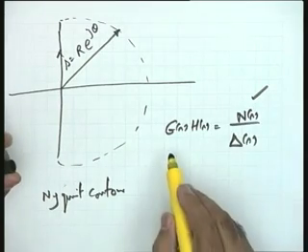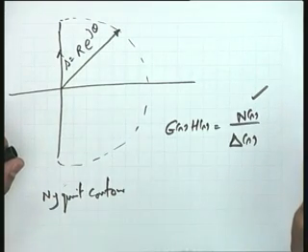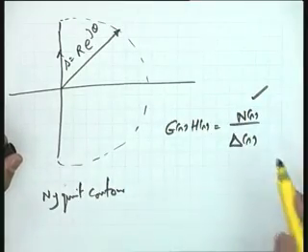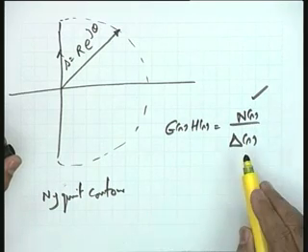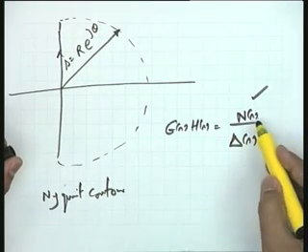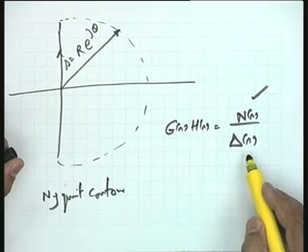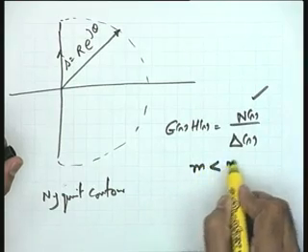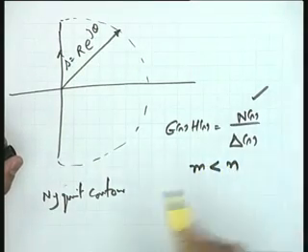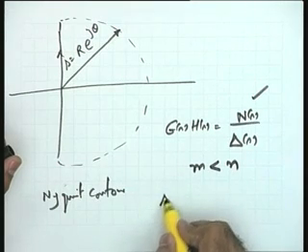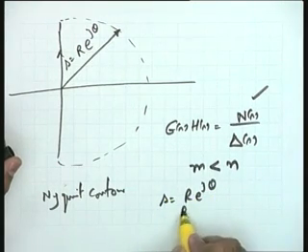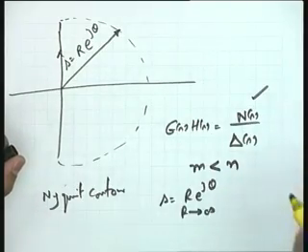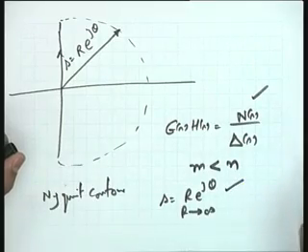I repeat my question: GsHs is the open loop transfer function we have. Though it is an in-between question, an injection in between, I hope I will get the answer. Ns is the numerator polynomial and Del s is the denominator polynomial. Ns is, let us say, of mth order and Del s is of nth order, where m is less than or equal to n. Typically, let us take m less than n; equal to n will follow. Now, in that case, if I substitute s equal to r e to the power of j theta with r tends to infinity, can you give me the value of GsHs for a typical point s corresponding to this description? It is 0.